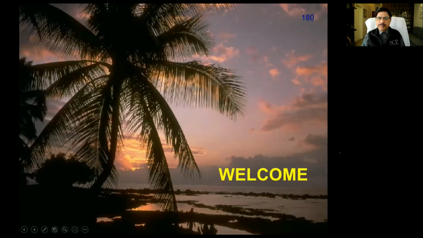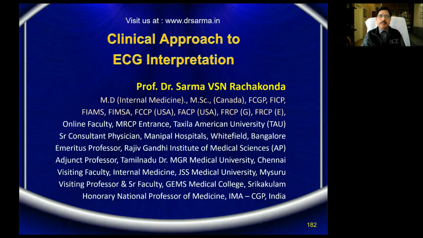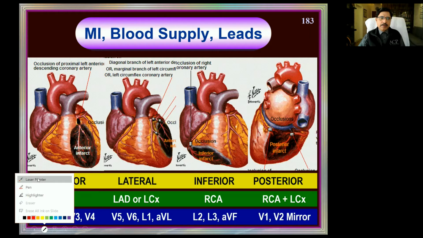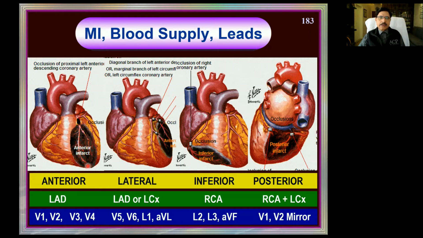A warm welcome. These will be very much clinically related, a clinical approach only, not the electrophysiological approach of the ECG. This slide we looked at last time, right? We said anterior infarct is this region of the heart, the anterior surface, which is supplied by the left anterior descending artery. The leads we are going to see are V1, V2, V3, V4. V1, V2 are specifically septal leads, V3, V4 being the anterior leads, anteroseptal, all this together.